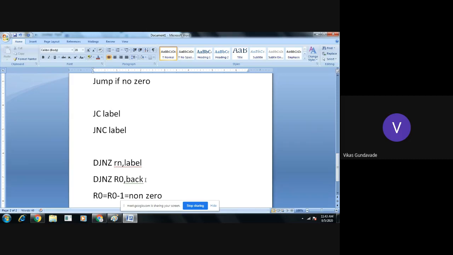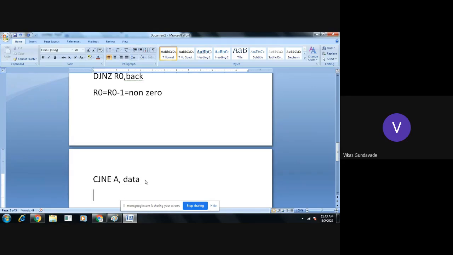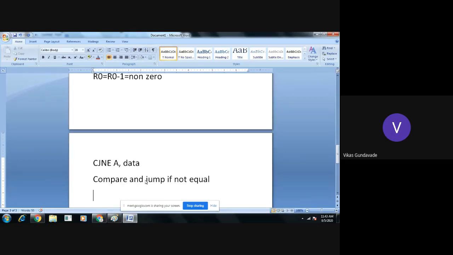Now, the next instruction is CJNE A comma data. Now, what is the meaning here? It is compare and jump if not equal. What does it mean?